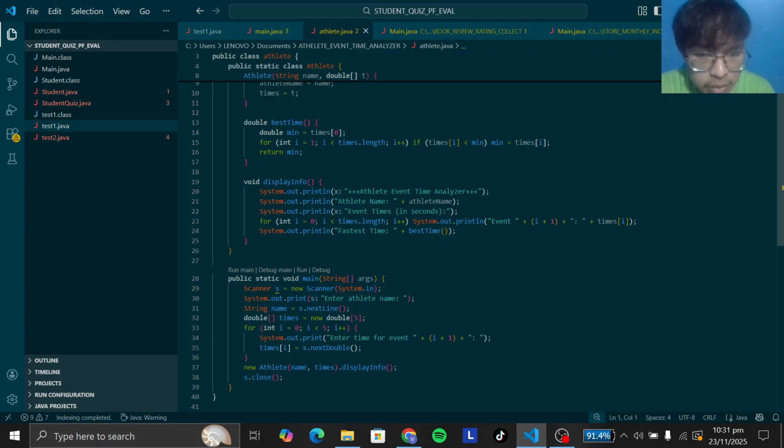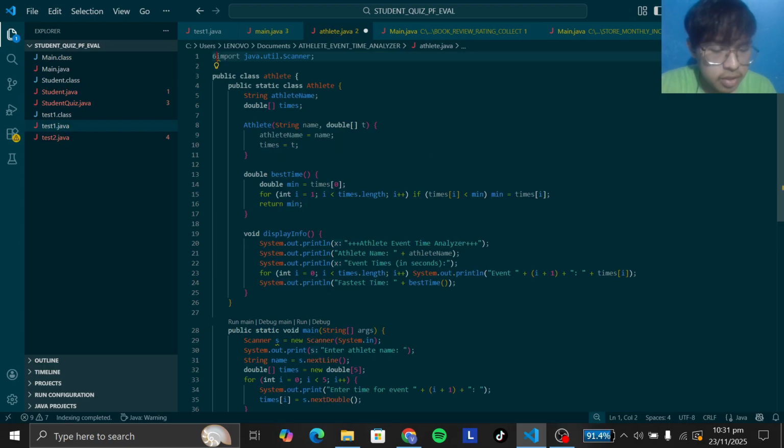Overall, this program effectively demonstrates object-oriented principles, array usage, loops, and input handling to analyze and display an athlete's performance in a structured and readable format. So let me give you a demo for you to understand how this program is used and how it is done.